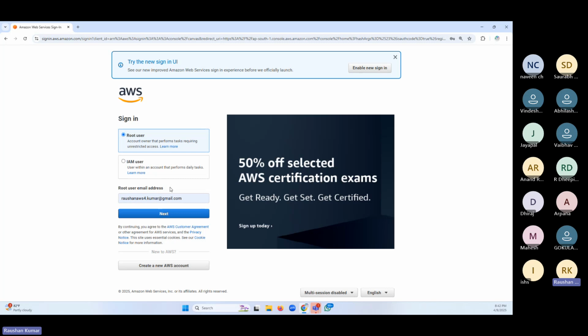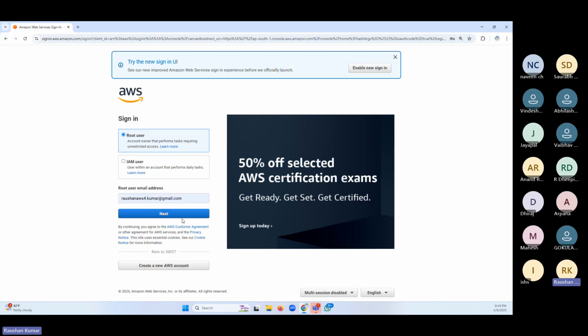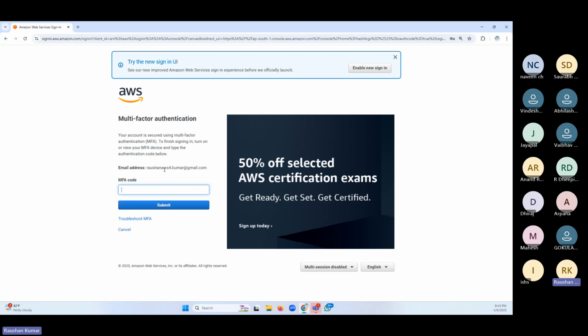You will be added as one of the IAM users and you will be given limited permissions based on your roles and responsibilities, your job function. You'll be given some access to the cloud account, so you will be added as an IAM user. We will talk about how to get an IAM user and sign up. First, you can use the root user, friends. You can use this email address, and you'll be given the password.